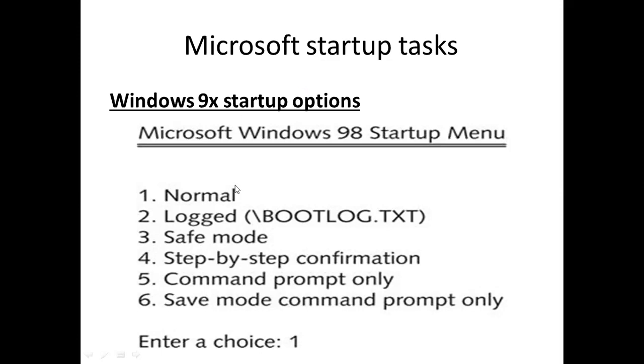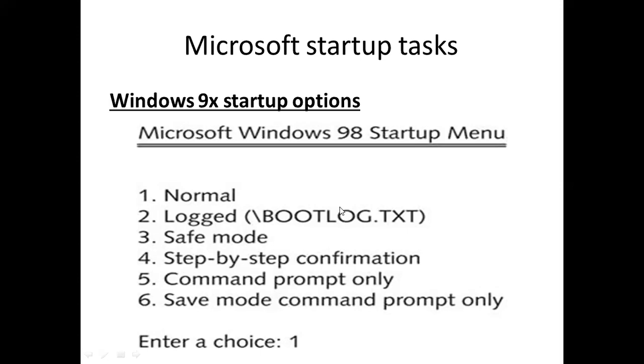So this is the menu you see as soon as you switch on your system. The black screen will come in the older systems, very old ones, Windows 98. All these options will come immediately. If you press 1, it will go directly to your Windows.